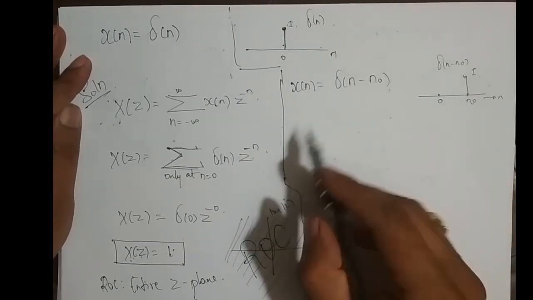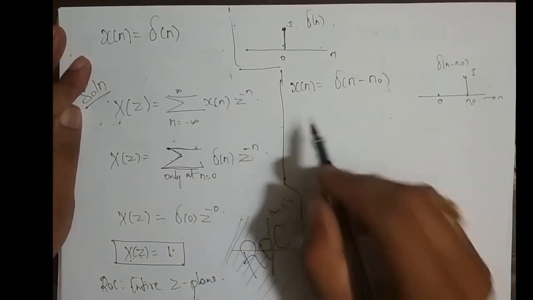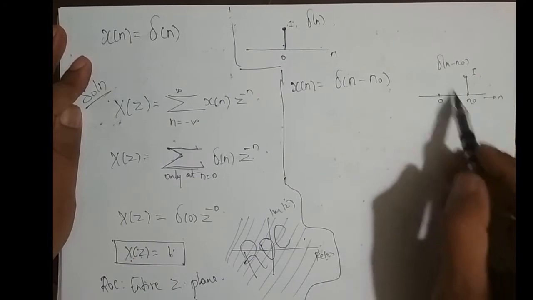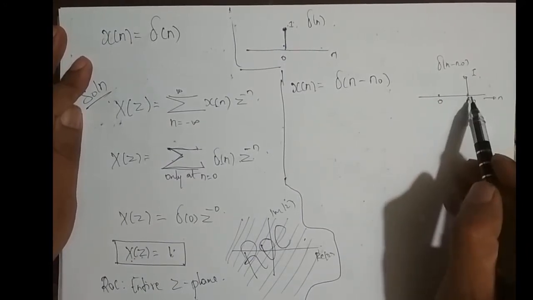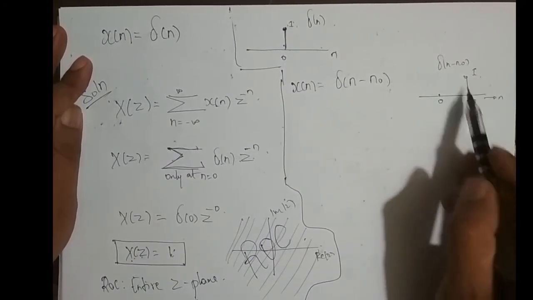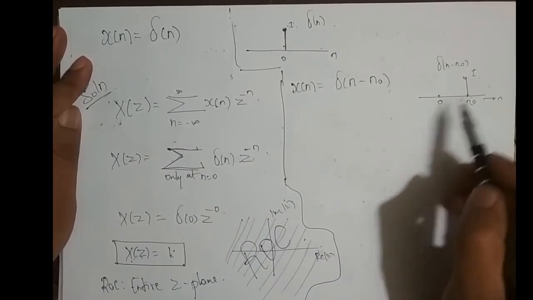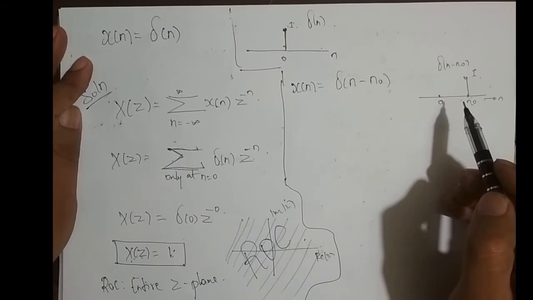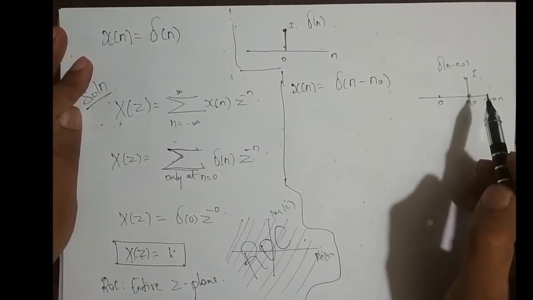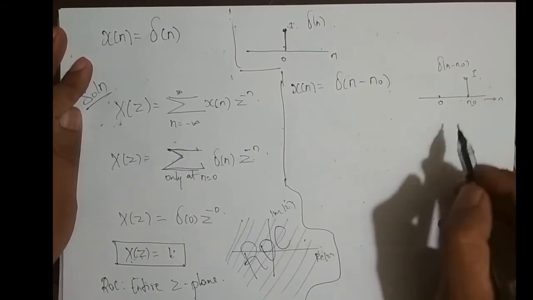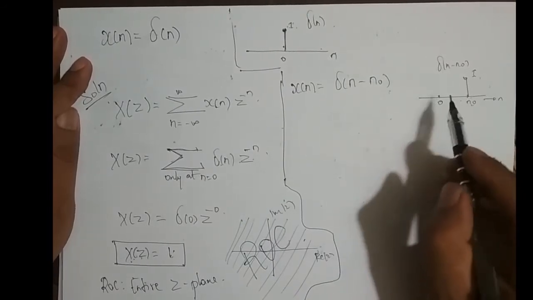The z transform of this is simple, but before that, this sequence is a finite length right sided sequence, right? I repeat again, it's a finite length right sided sequence. If it is a finite length right sided sequence, what is its ROC? It is the entire z plane except at z equal to 0, right? That concept has to hold good here also.